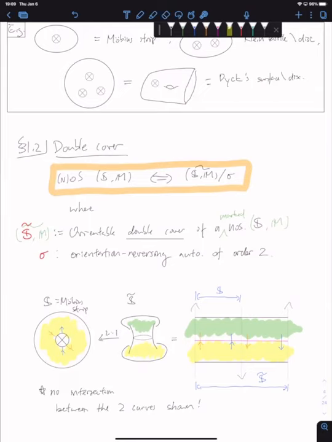So if you have a non-orientable surface, it can be orientable, but everything is quite trivial there. Then you can find the two-sheeted orientable cover, and also an orientation-reversing automorphism of order 2, so that this thing is the same as doing this